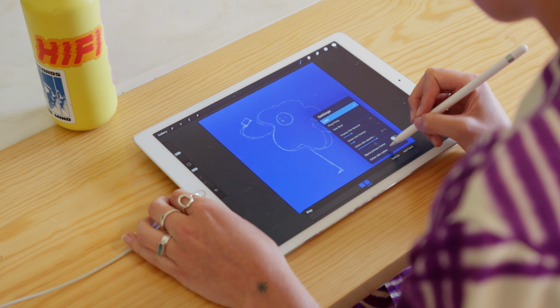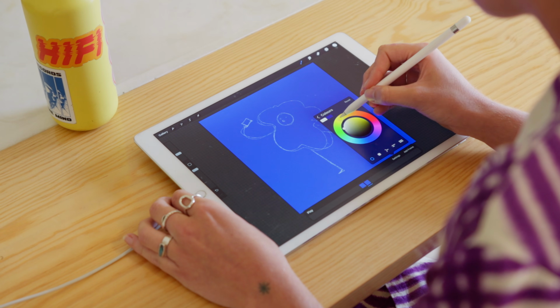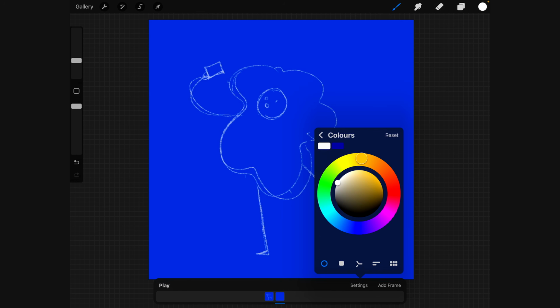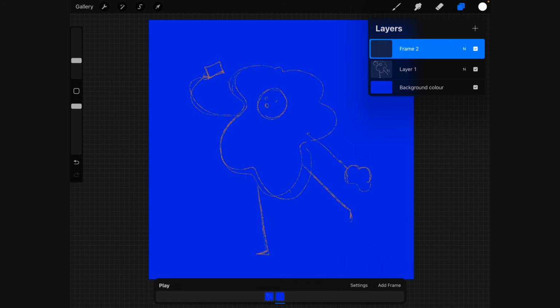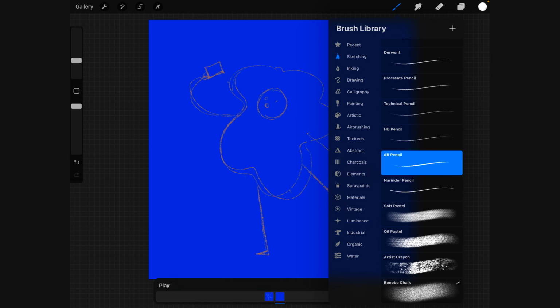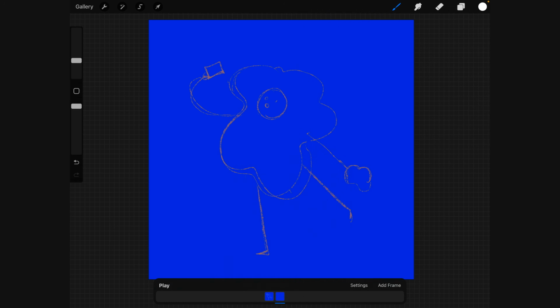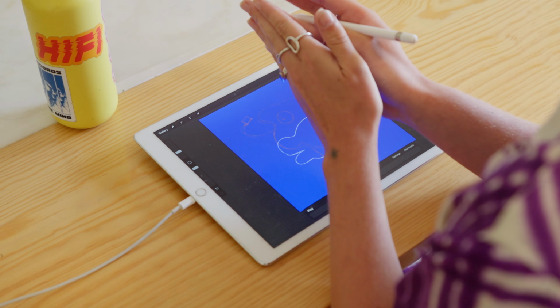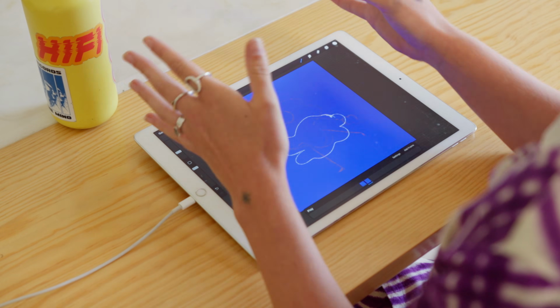Really helpful to make the onion skin colors a different color to the drawing that you're working on, so you can get a bit of difference. So maybe let's make this an orange color, and we'll keep drawing in white so we get a bit of separation. So we are on the second frame. Maybe we can have this a bit more squashed down. One of the nice animation principles is squash and stretch. So we want to have things squashing as they come down and stretching as they're moving, and you're playing with that exaggeration.